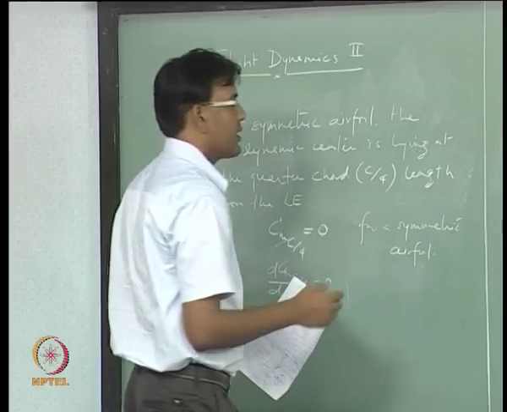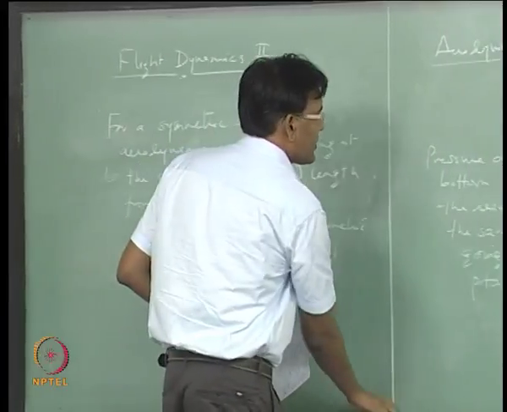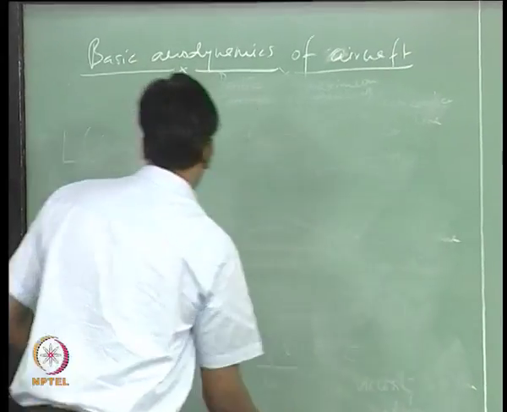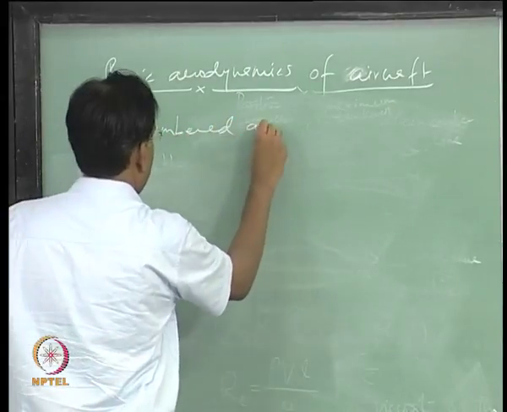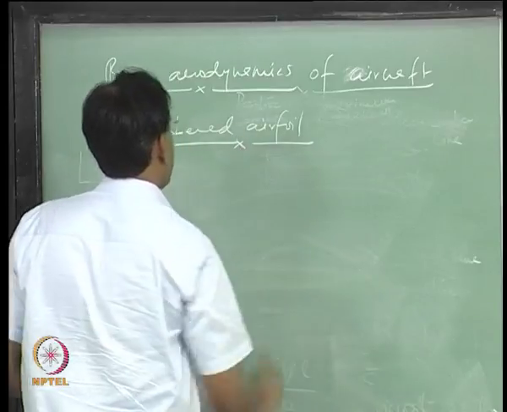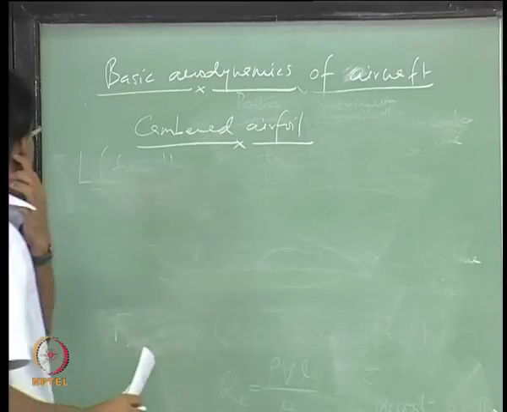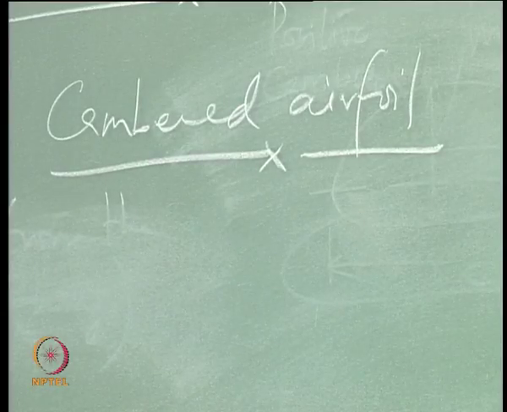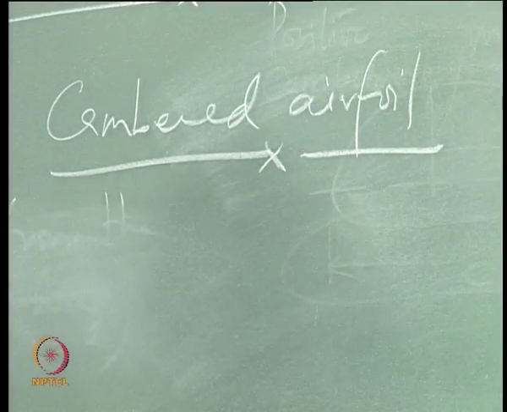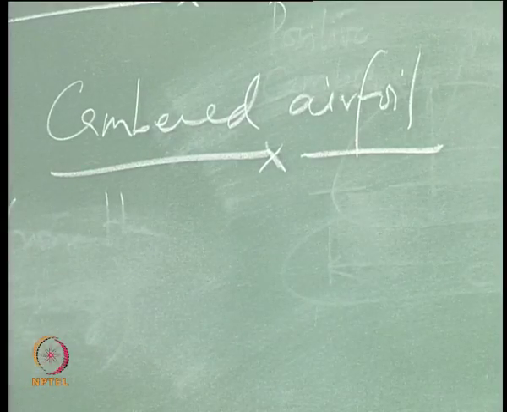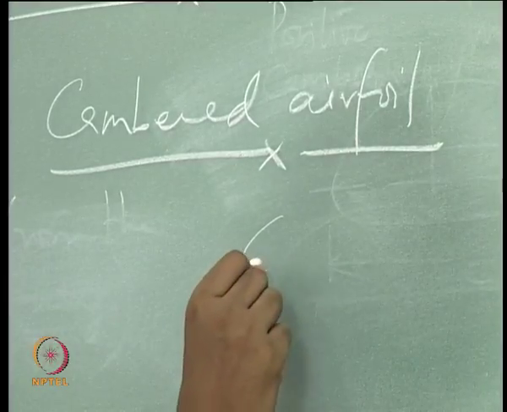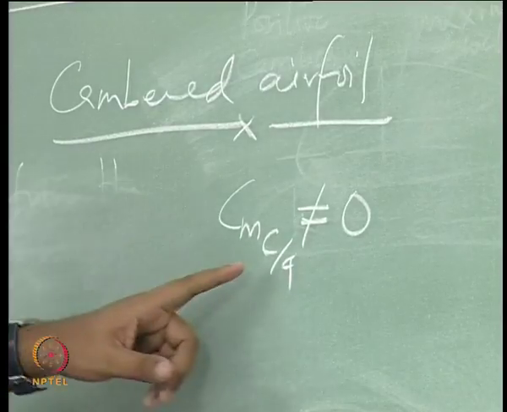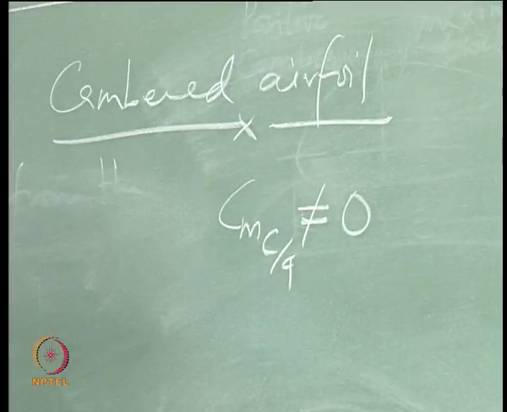In case of cambered airfoil, the loads coming from the aerodynamics are not acting at the same point, and they are giving rise to a moment about the quarter chord, which is not zero. So, Cm at the quarter chord is not 0. So, you get a pitching moment, and